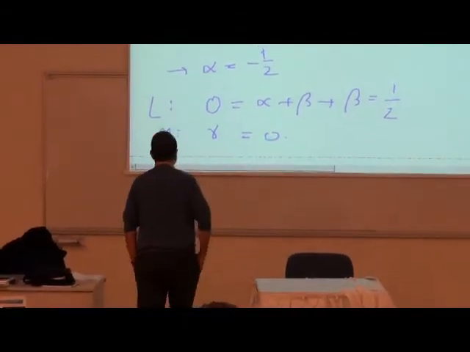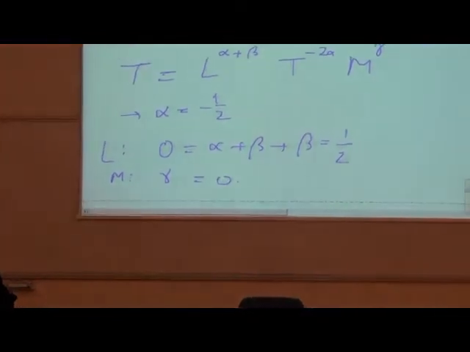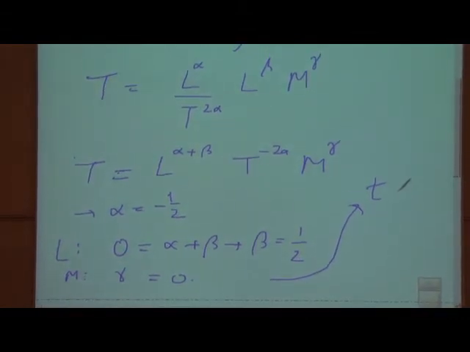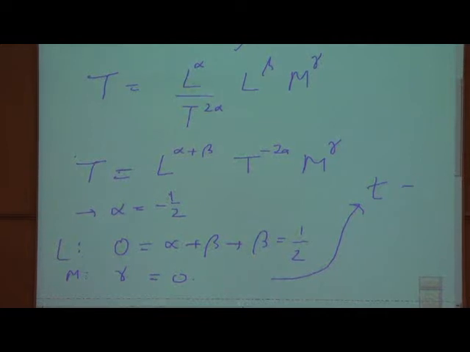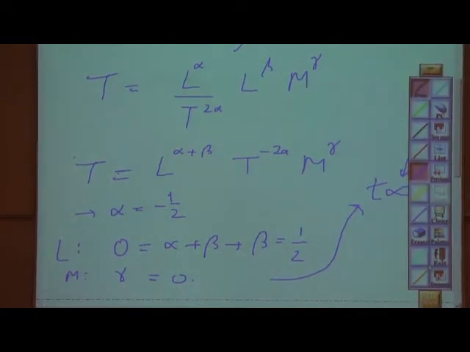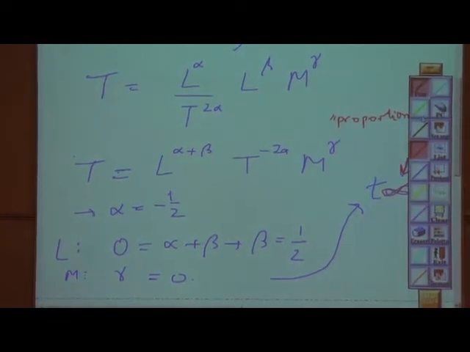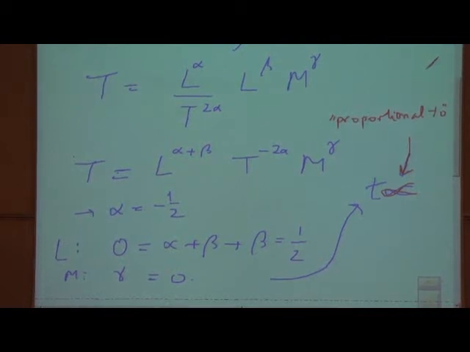So what do I find from this? Let me also find the result. I find that the time for free fall will depend on, will be proportional to, this sign means proportional to, okay, this thing here. It's proportional to h over g